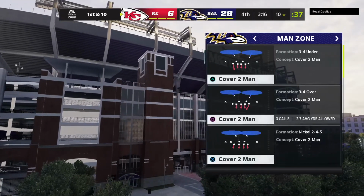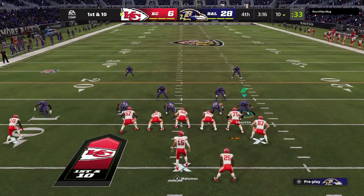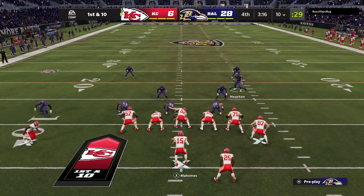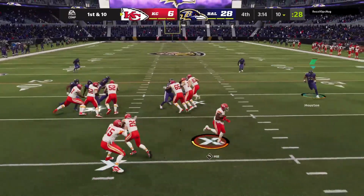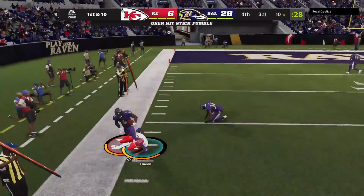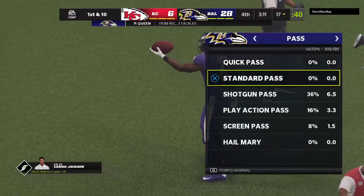John Harbaugh not afraid to go for it this time. Doesn't work out. And the Chiefs defense comes up with a stop. Mahomes taps this forward. It's a jet sweep. Oh, now it's free. Hill fumbled it. And it's picked up by the Ravens. And with that kind of a deficit,